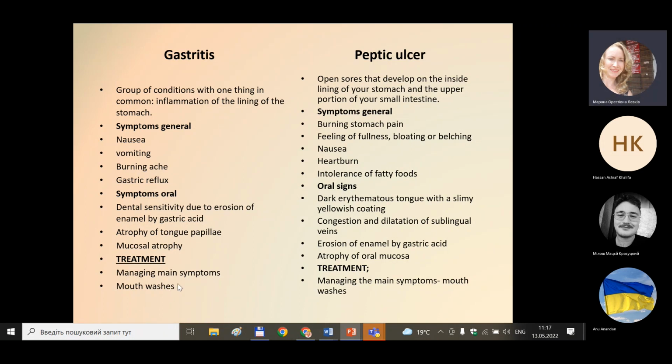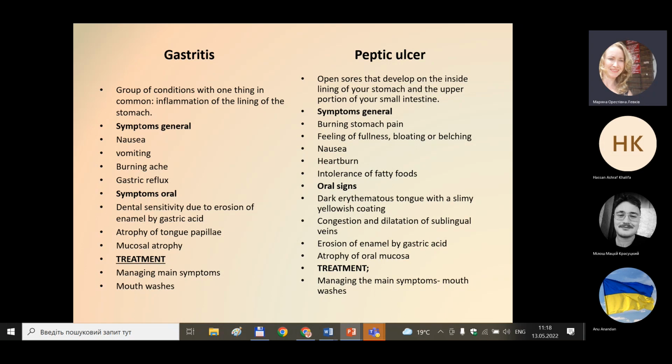Treatment, dental management. The first is to manage the main disease, main symptoms, together with the gastroenterologist. And if it goes about oral symptoms, just antiseptic mouthwashes to make swallowing, articulation and communication comfortable, and applying some vitamins A and E for better epithelialization and healing of some ulcers or wounds that may be present in the oral cavity due to such